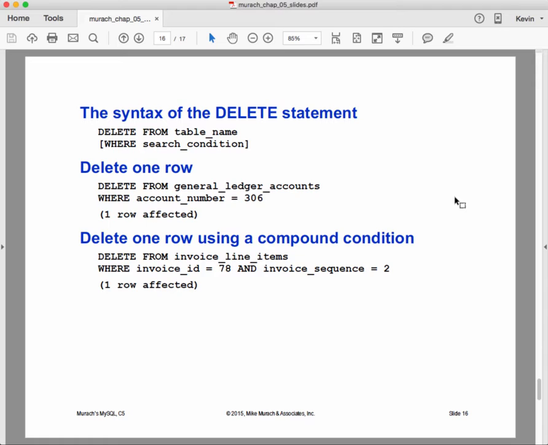Another thing that can happen is that something that was true before is no longer true. Maybe we added Harry's cousin as a customer because we thought he was going to buy something, and then we find out that he's cheap and he's not going to buy anything at all. So we weren't mistaken, but certainly things have changed. So we want to delete that to reflect the fact that we have no expectation of Harry's cousin becoming a